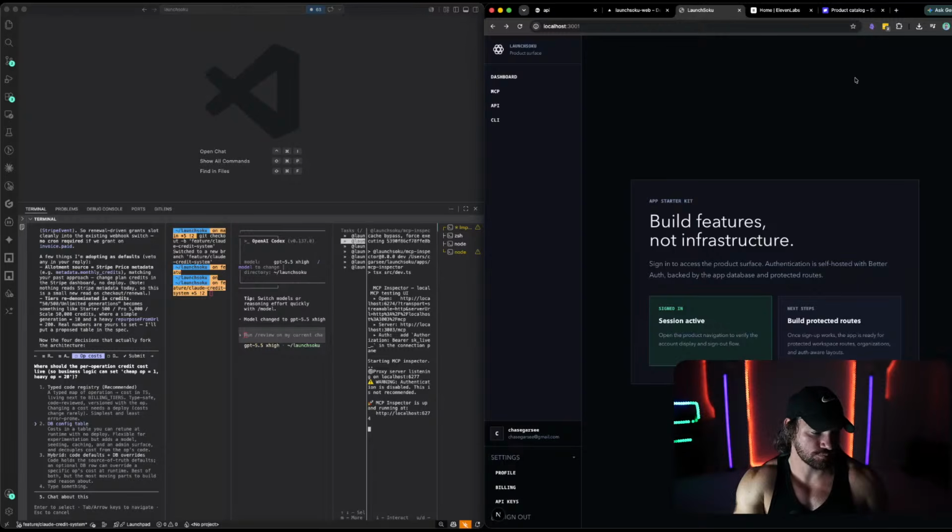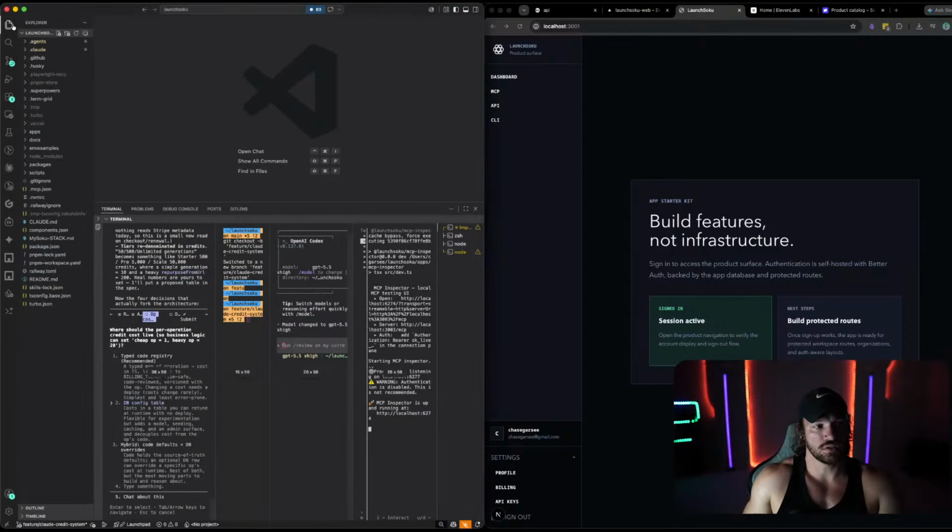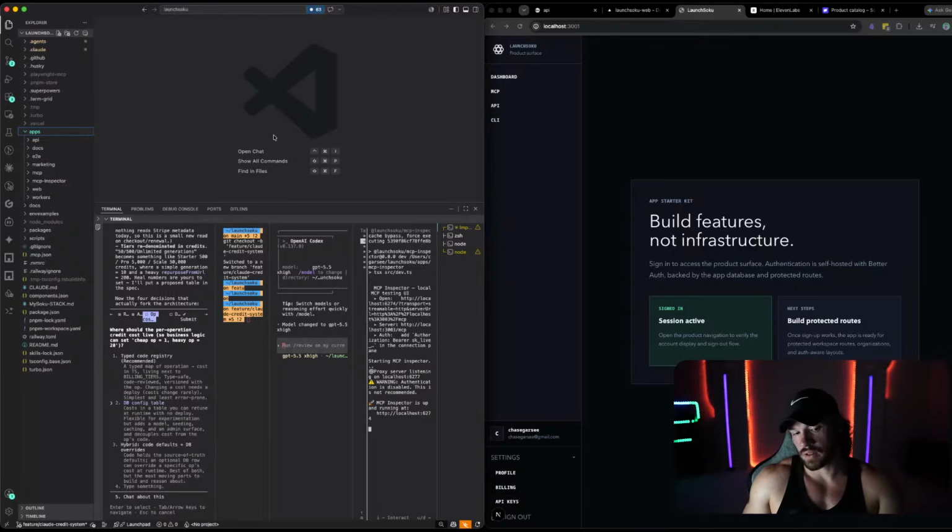And I don't really want to set up a whole admin panel for this yet. It would probably be helpful. I was thinking about this when I first started this project, to create another app in here that is for the repository owner, for the admin of the app, so it could see its users, it could see their billing and stuff like that. I gotta think about that though, because that's another staging website, that's another production website. It would be very helpful, but thinking through, would it be